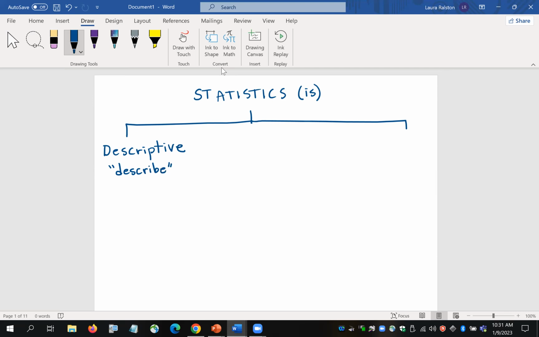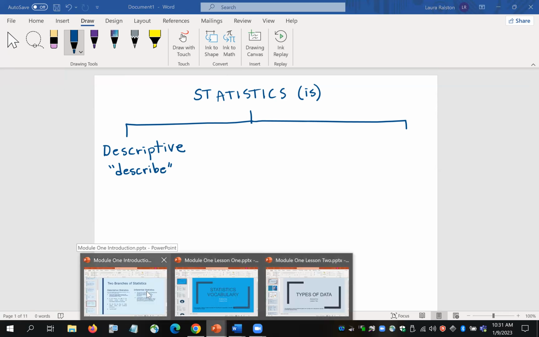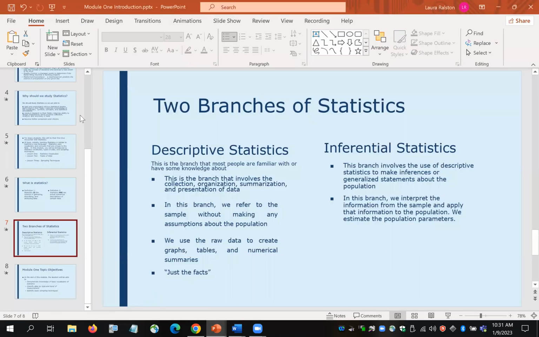So the area of descriptive statistics, which is on the PowerPoint, you can still look at the PowerPoint, descriptive statistics